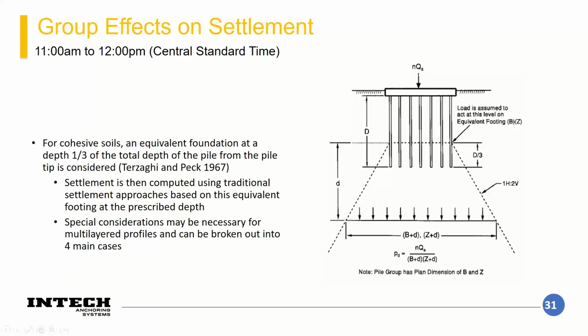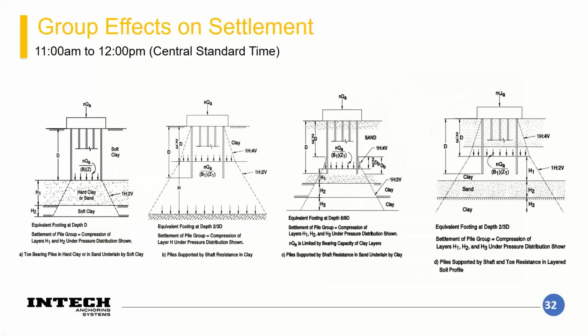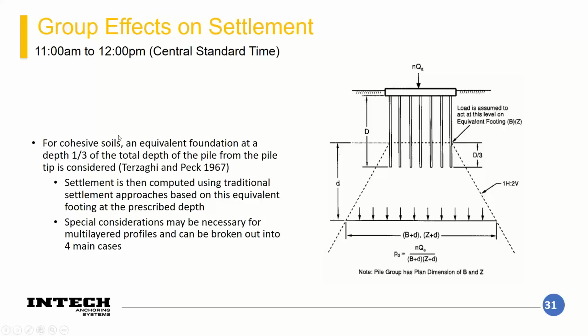And there's another approach where you're using an equivalent foundation about two-thirds of the way down your pile depth, and you make this an equivalent footing and then go through the traditional settlement calculations. I won't spend too much time on that because it can be time consuming to talk about. But I will talk about the different conditions where you may want to consider each one of these. It's perfectly fine, for a basic assumption, to just go with this overarching theory of an equivalent footing. But